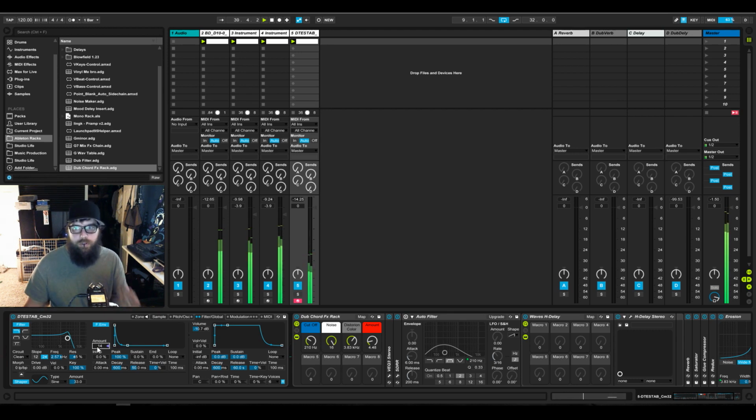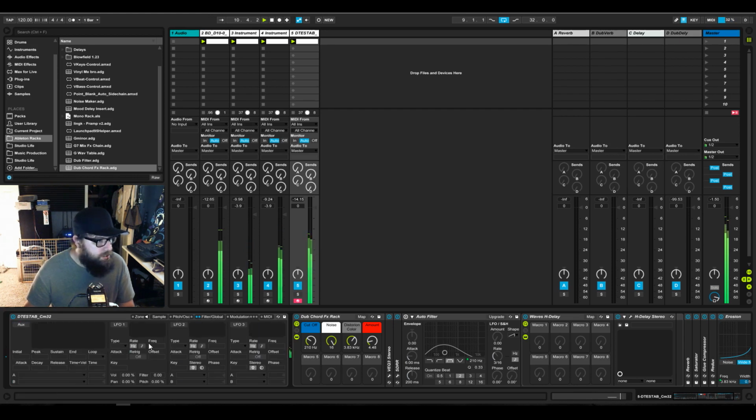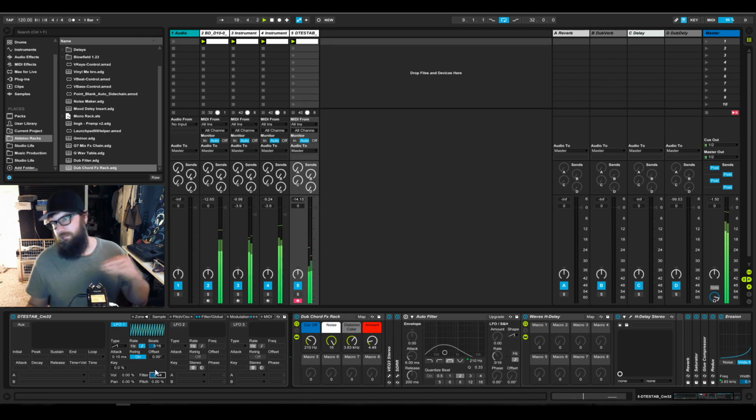Just moving the filter slightly so it's getting a little bit of a bit there. And then maybe we'll add some, we're going to do ramp up or saw up. There we go, just a little bit of like little pitch bendy bits in there, but it's good. It sounds good. I like it.